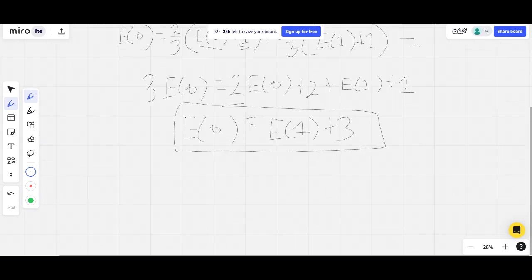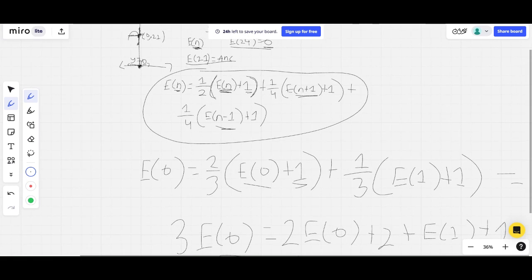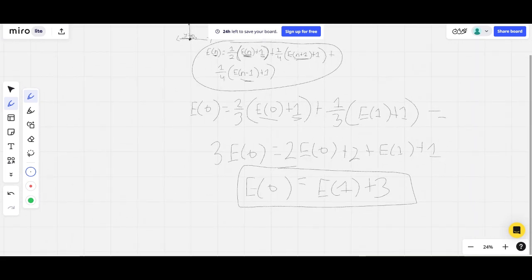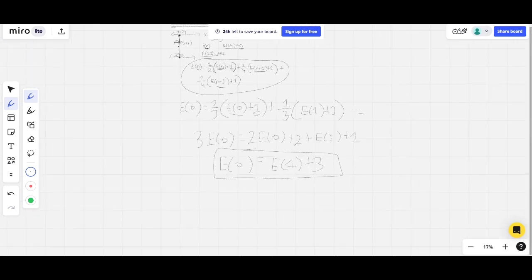And so let's try to work iteratively up now, right? So let's use our recursive equation to come up with the value for E(1), sorry. And let's see if we can find a pattern between E(0) and E(1). And then maybe make a generalization to find E(21). So let's see, E(1)